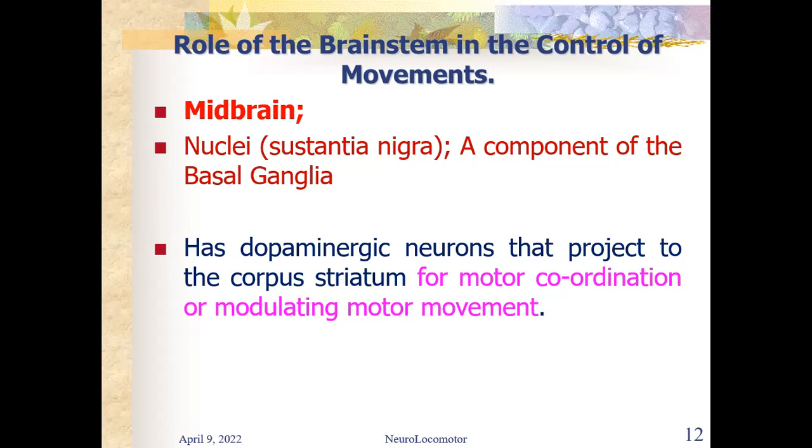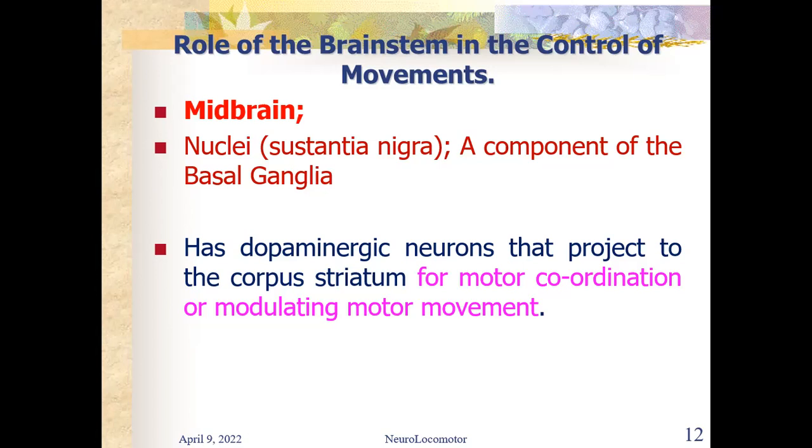So dopaminergic neurons project to the corpus striatum of the basal ganglia for motor coordination and modulating motor movements. When you talk about the corpus striatum of the basal ganglia, you're talking about the caudate nucleus and the putamen. And already you know the functions of the basal ganglia in planning, organizing, refining, and coordinating